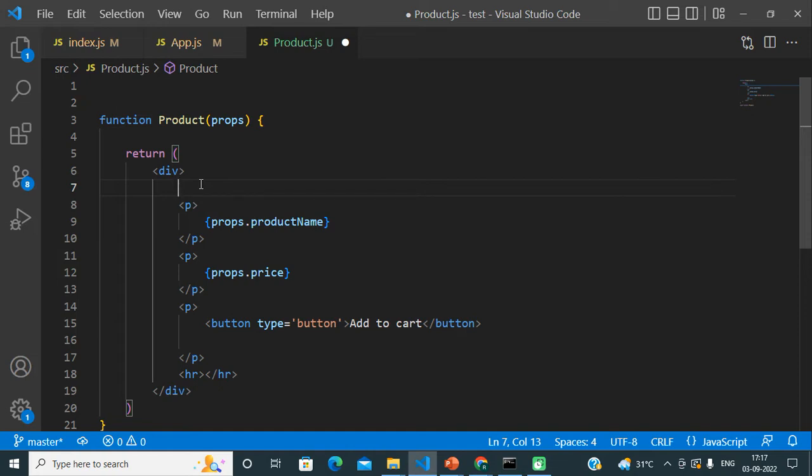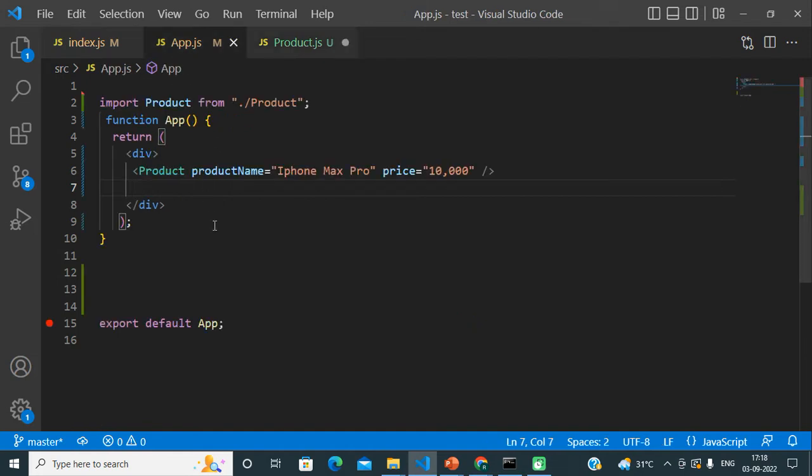State is similar to props, but the basic difference between state and props is that we can pass props to a component only from outside of the component. Props can be passed to any component only from the outside, so props is data coming from an outside file to that component.